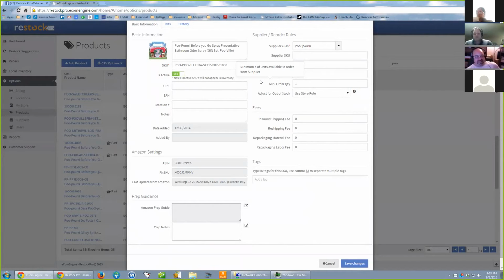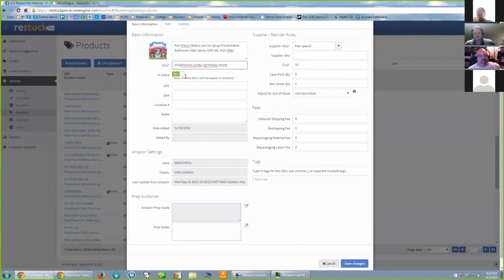I just go ahead and add the product, ship it, and once Restock Pro sees it added as a product in your inventory, it will pull it in here, and there's a nag on the dashboard I'll show you that says, hey, you need to give some more information on this. But basically, it pulls in the text from the listing, your seller SKU, a picture of it,